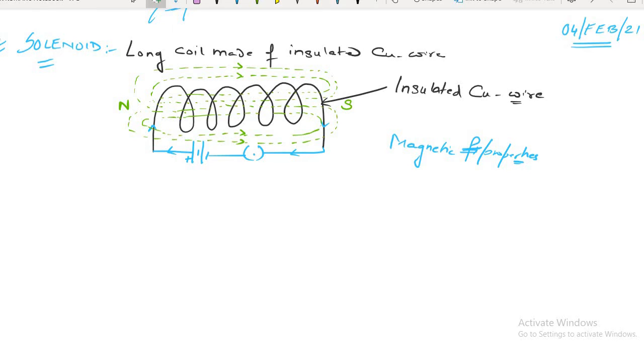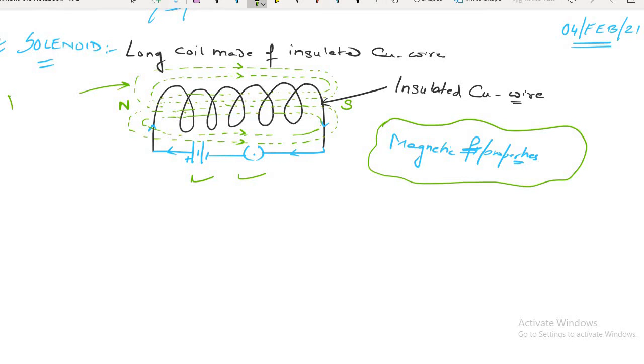Yes, sir. So, whenever I have connected the solenoid with a battery and a switch, then current is flowing in the solenoid. As current is flowing, the solenoid behaves like a magnet. That means it has a magnetic field. And that magnetic field's orientation we understand with the help of magnetic field lines, which I have drawn here.